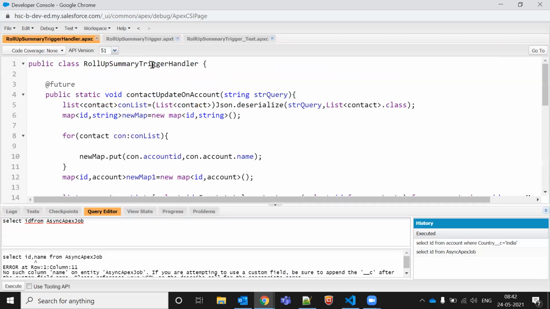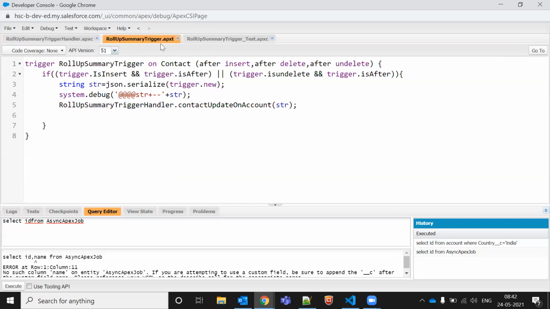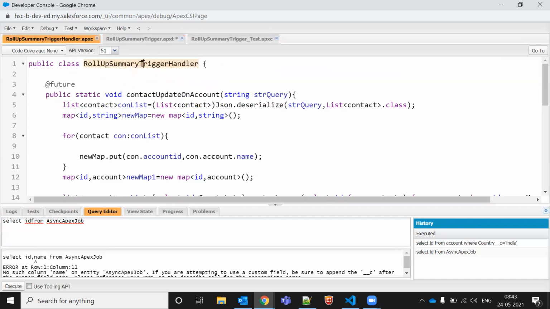If you are covering the code coverage for an Apex class, we can directly call the class name. But in case of this roll up summary trigger, we cannot do that. The trigger will automatically be covered. You don't need to call this trigger. You just need to satisfy the condition, satisfy the logic only. So what we are going to do here is just call this Apex class, not the trigger.